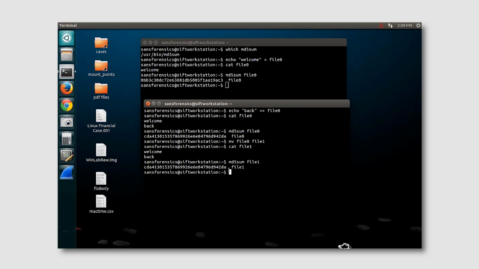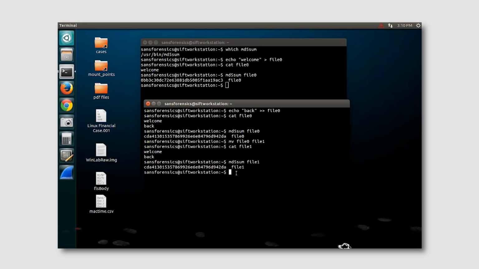If you compare the 128 bits for file1 with this one, because their content is the same, the hashes do not change, even though the file name is different. One is called file0, one is called file1. The reason is the name is not inside of the content. MD5 hash only looks at the content. The name is saved somewhere else. We will talk about that in later lectures. The name information is not in the content. Let's try one more thing